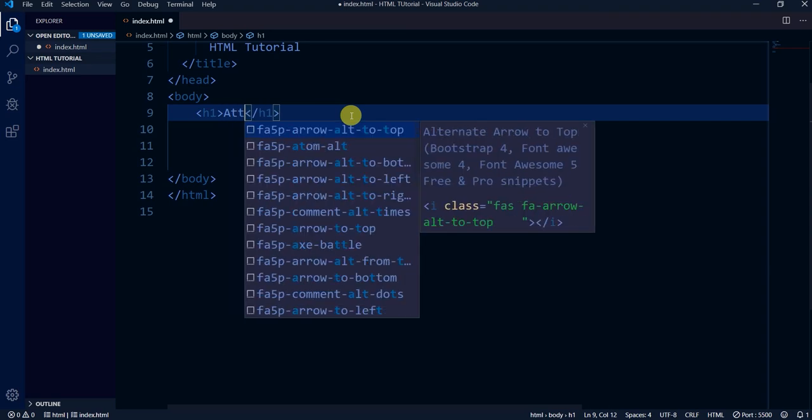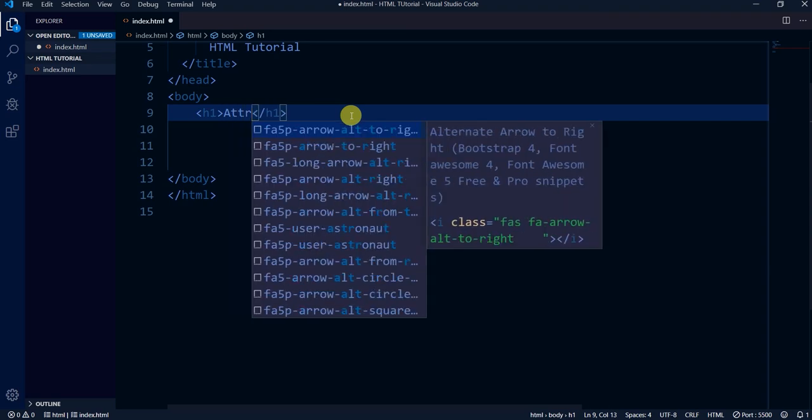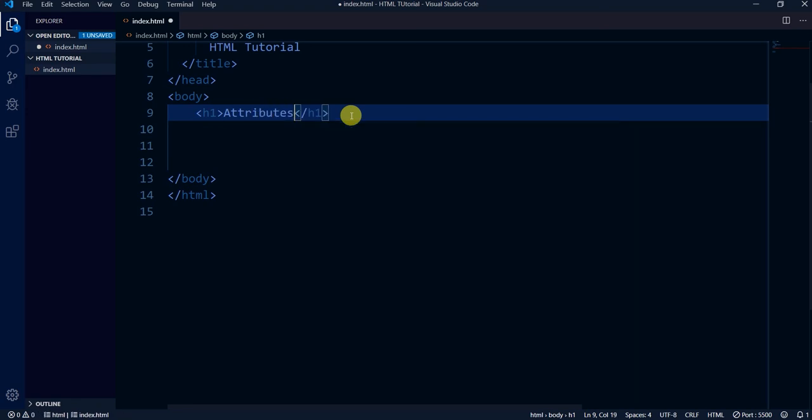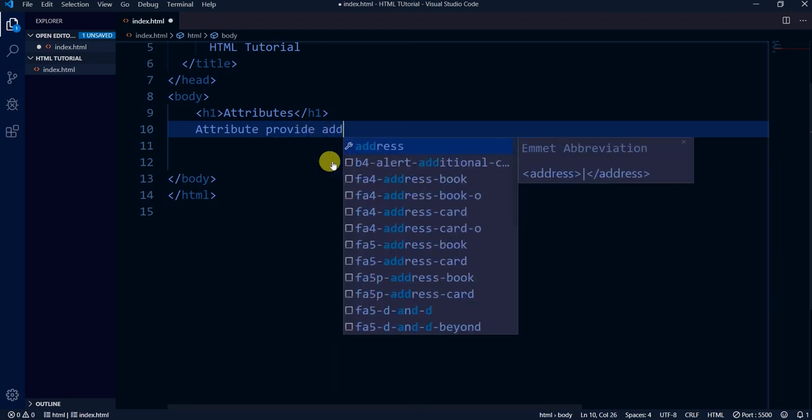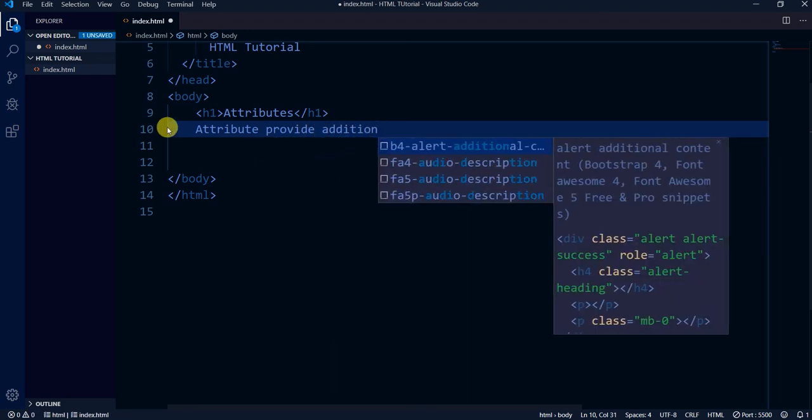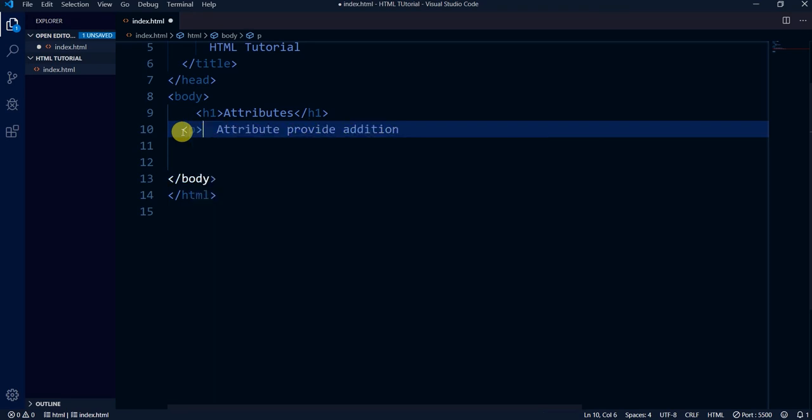These are all the elements, whatever we have used. Now I'm using attributes, and I'm going to define attributes. What are the attributes? Attributes provide additional information. Let me write it within a P tag, a paragraph tag, then it would be easier for you to understand. Let me close it here. So attributes provide additional information